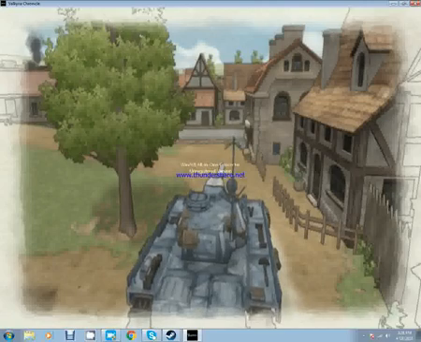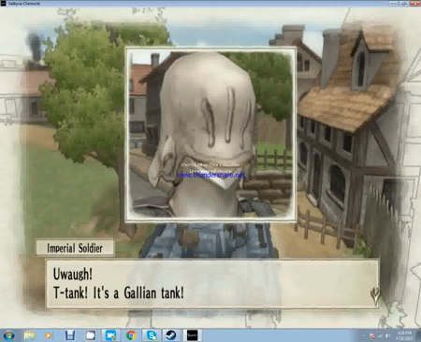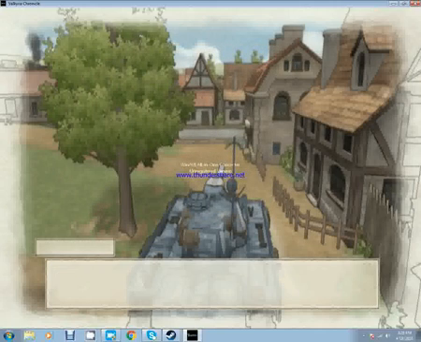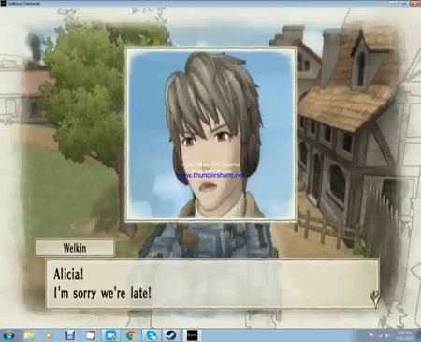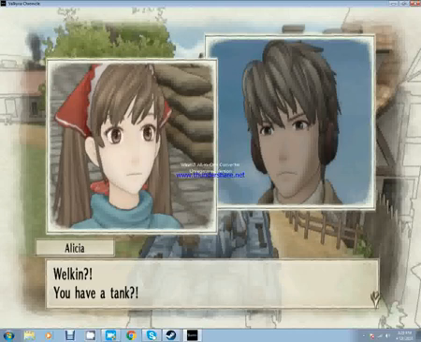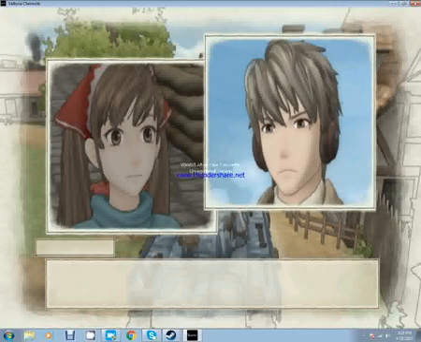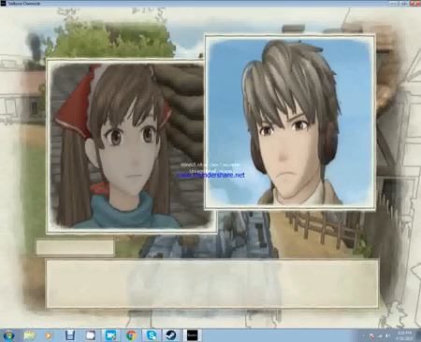Here the Imperial soldiers are going to freak out. It's a tank! It's a Galleon tank! Really? No, this ain't no tank. This is just a friendly wagon here to deliver some hay to you. Alicia, I'm sorry we're late. Welkin, you have a tank? I don't know why that's surprising. I'm the kid of a famous general. It wouldn't be too hard for me to get my hands on a tank. We can talk later. Right now, we need to stop those...